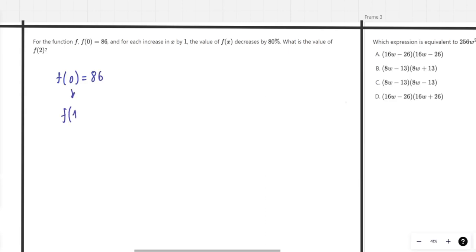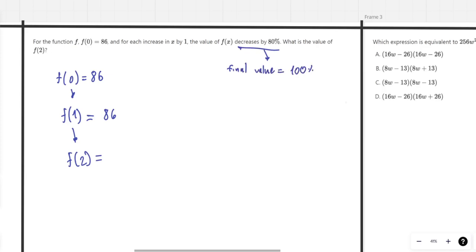We're probably going to want to find f of 1 and then f of 2 through that iterative process. So f of 1 is going to be 86 times, it's not going to be times 0.80. We do want to convert this into a decimal, the 80%, but if it decreases by 80%, that means the final value